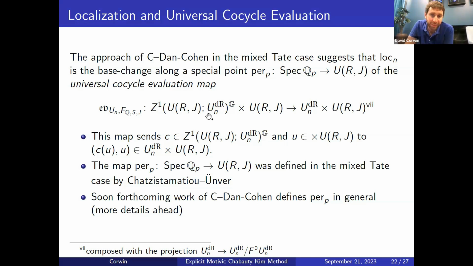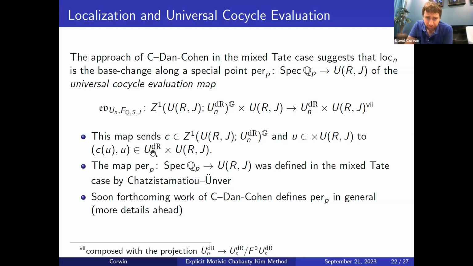That's what a cocycle is, a kind of map. And so you can evaluate on a particular element of U_R^J, but in fact, you can talk about the universal evaluation map. So the evaluation map is from this space of cocycles cross U_R^J to U^N_DR. In other words, if I have a cocycle and I have a point in U_R^J, forget about that X there. We get an element C of U inside